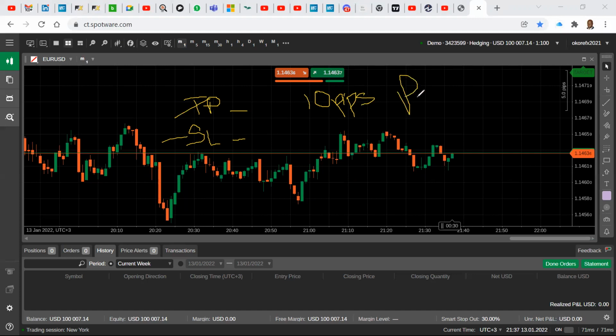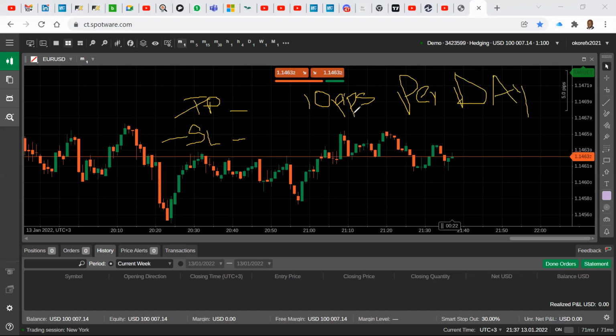That's what we shall try per day. Okay, remember what pips were? Pips are price interest points. My goal is by the end of this class, you should be able to do 10 pips per day. All right, so we'll get there.